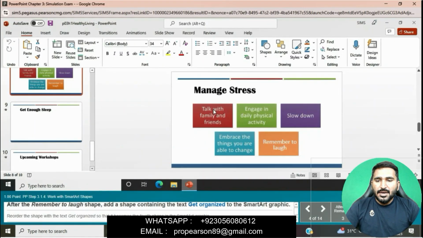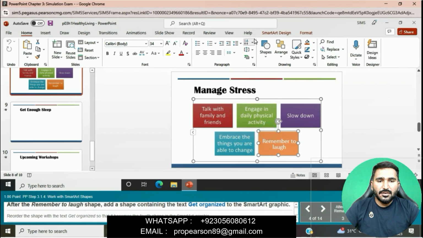Question number 4 is that after the Remember to Love shape, add a shape containing the text Get Organized to the SmartArt graphic.